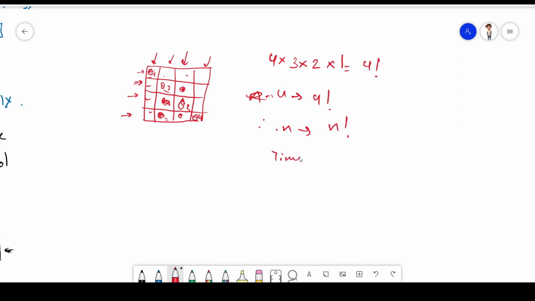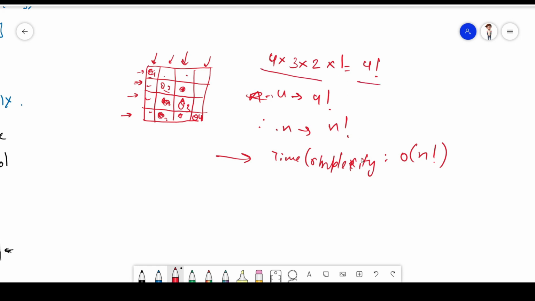I think this part is clear to you, how we are getting n factorial, right?